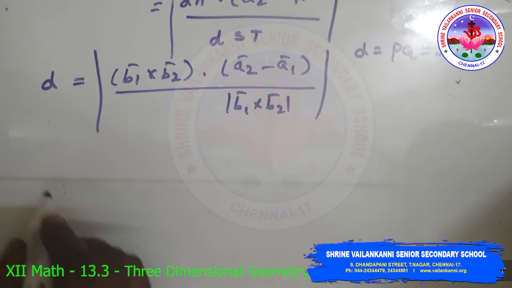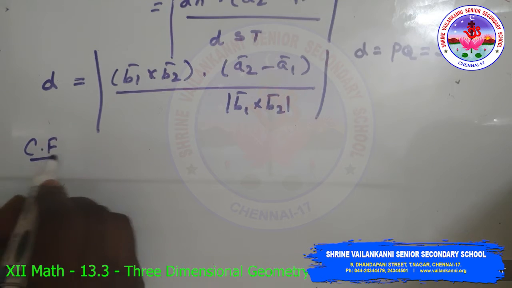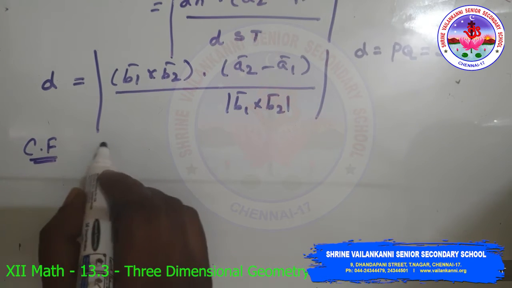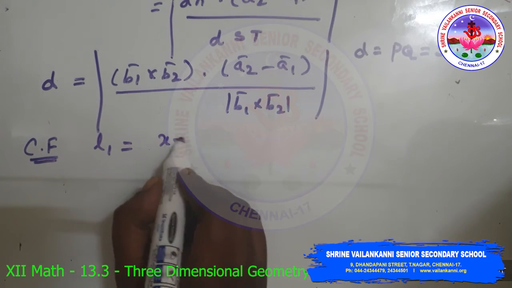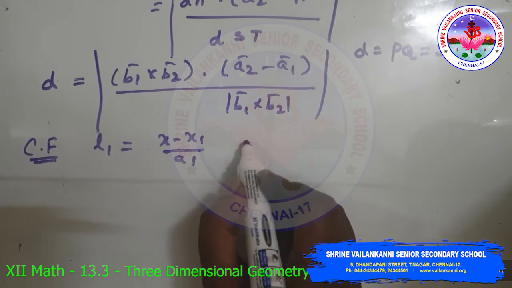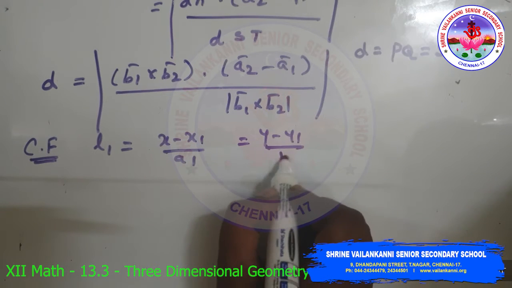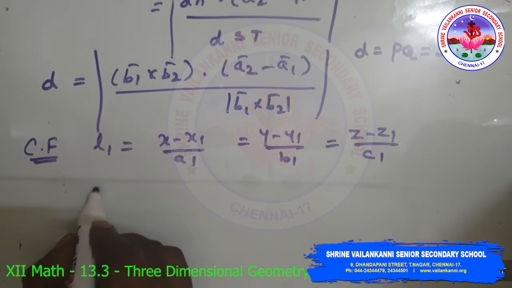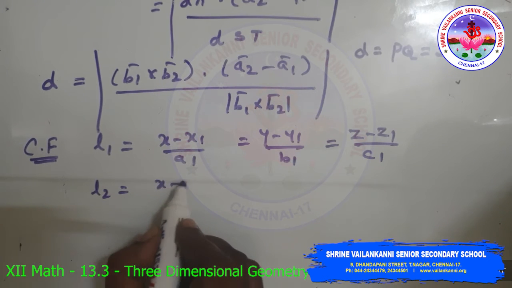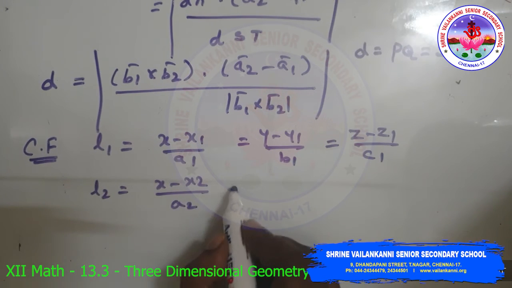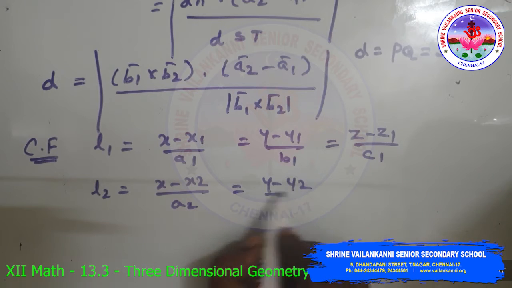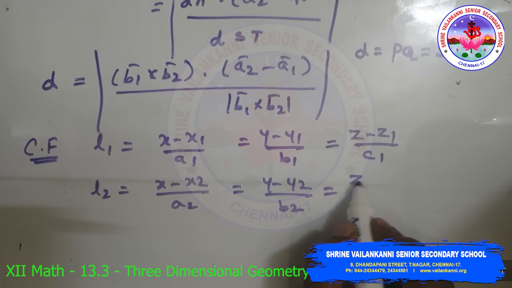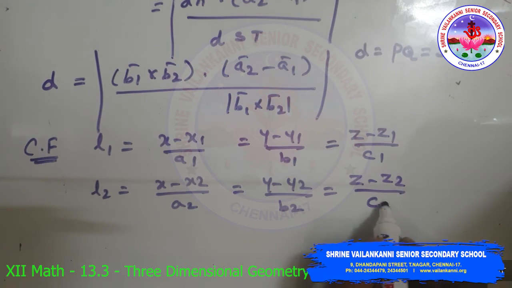Writing this in Cartesian form, the shortest distance between the lines L1: x minus x1 by a1 equal to y minus y1 by b1 equal to z minus z1 by c1, and L2: x minus x2 by a2 equal to y minus y2 by b2 equal to z minus z2 by c2, is